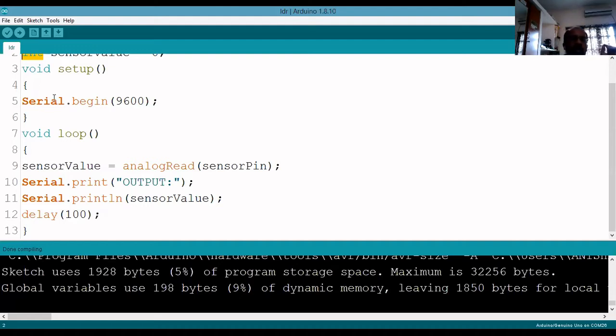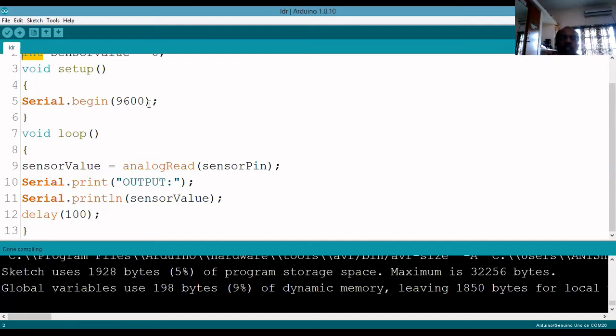So I am going to write one function, Serial.begin(9600). What is the meaning? We have now studied three types of serial communication. One is called RS-232 or UART, which we studied in the first unit. Next one is I2C. Another one is called SPI.